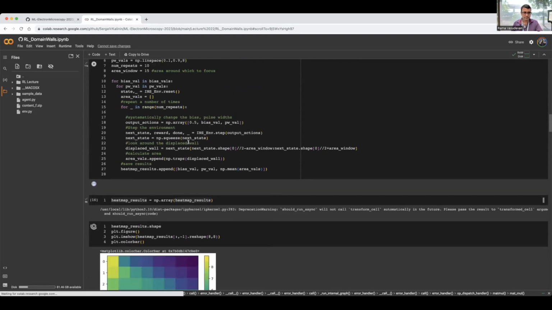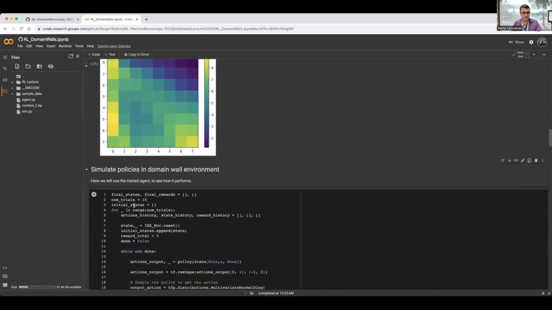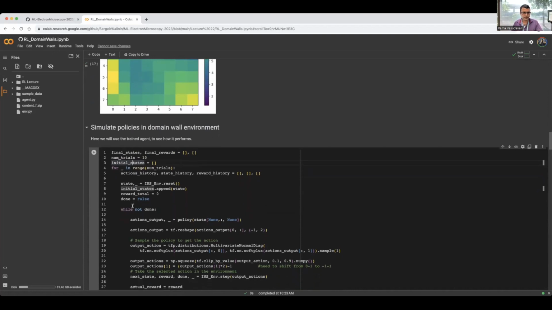So typically in reinforcement learning, what you want to do is start with an example of what happens in a normal case where you are just applying actions where you already know what you're going to expect. And so by doing this, you get a handle for how good or bad, in a way, how reproducible the environment actually is. What we can do though is we can also have a look at how the policies